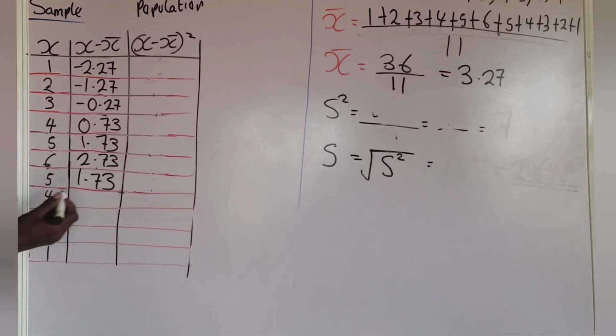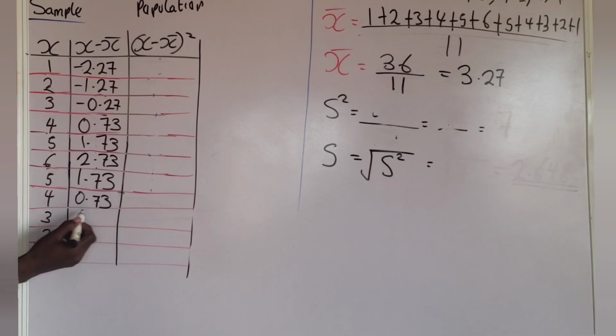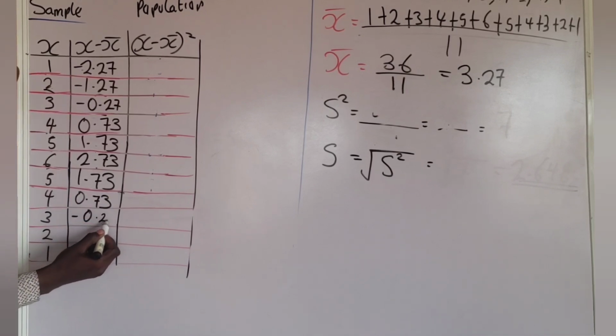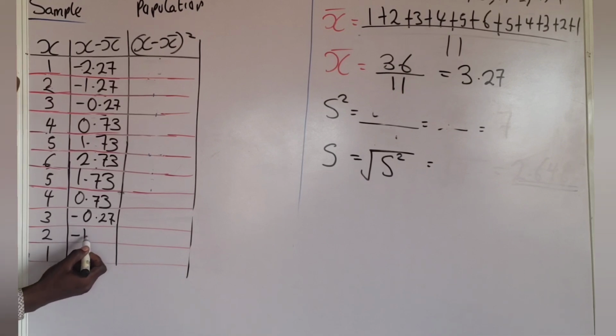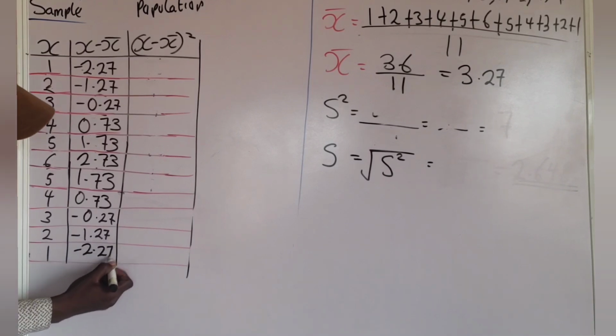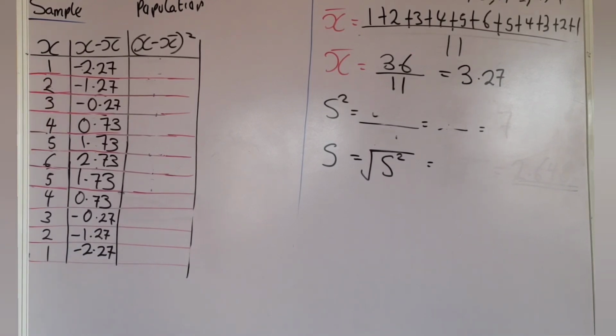So here I'm going to have 0.73. Then for this I'm going to have negative 0.27. Then 2, that will be negative 1.27. Are you paying attention? And for 1, I'm going to have negative 2.27. Okay, so now